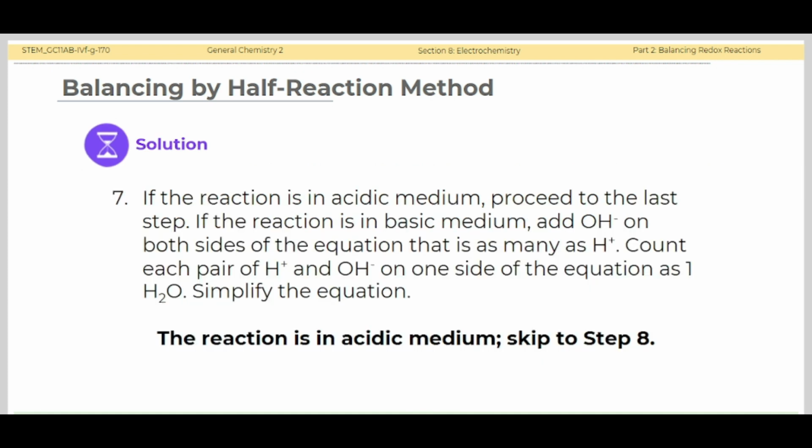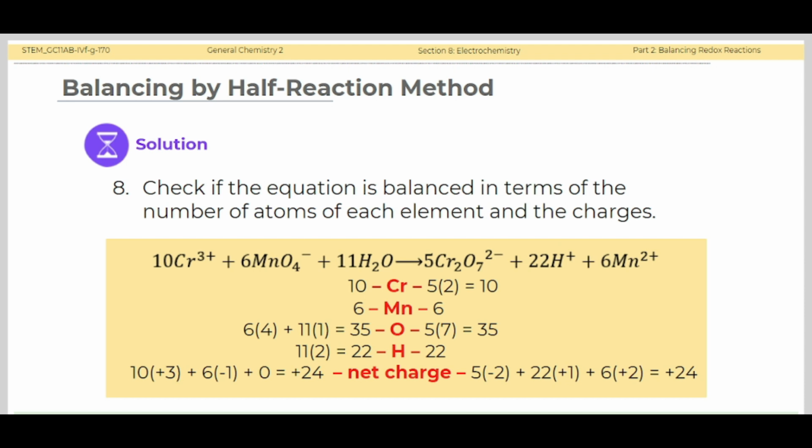If the reaction is in acidic medium, proceed to the last step. If the reaction is in basic medium, add 1 hydroxide ion on both sides of the equation for every 1 hydrogen ion. Count each pair of hydrogen and hydroxide on the same side of the equation as 1 water. Simplify the equation. The reaction is in acidic medium. Skip to step 8. Check if the equation is balanced in terms of the number of atoms of each element